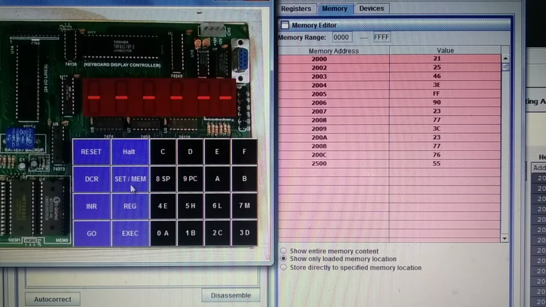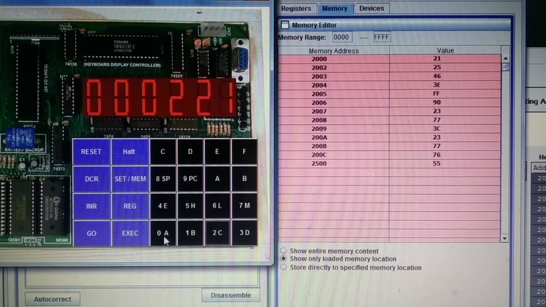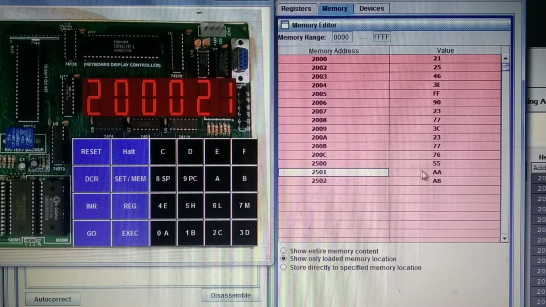Now execute the program: reset, go 2000, and execute. After execution of the program, you will get the result at 2501 as AA and at 2502 as AB.